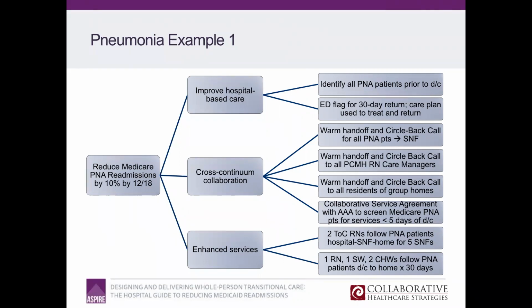If you're dealing with, I'll just say the counterpoint, which might be reduce Medicaid pneumonia readmissions, well, you're going to need to have a strategy that involves linkage to home and community-based services like CommuniCare North Carolina or any other Medicaid care management entity, right? So that's why I keep coming back to your aim statement and your target population and your denominator. That drives what your interventions should be on your driver diagram.